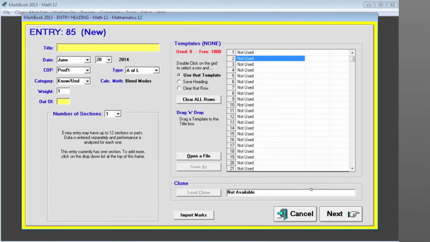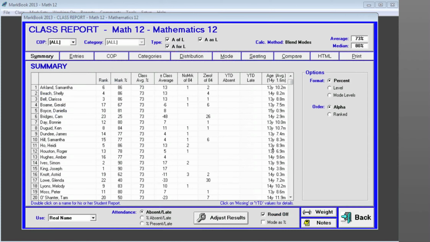As each new assessment is entered into MarkBook, classify it as one of the three assessment types: assessment of learning, assessment for learning, or assessment as learning. Once entries have been classified into each of the three types, they appear at the top of the class report screen. Notice that there are 84 assessments so far, as shown in the no mark and zero columns. But if I deselect assessment for learning and deselect assessment as learning, there are 28 summative or of learning assessments